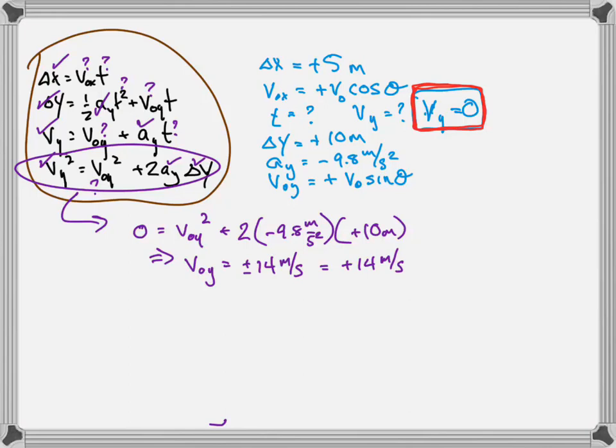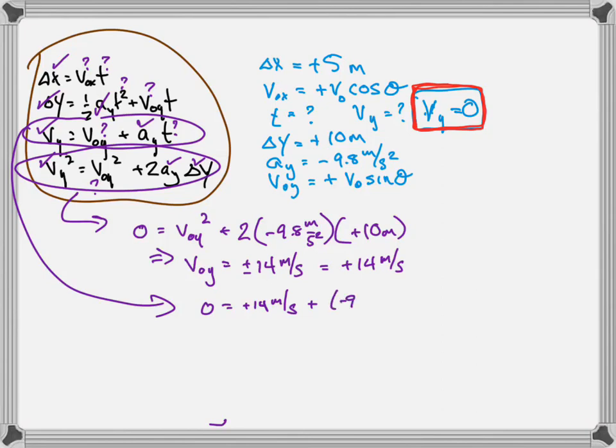So that's the initial velocity in the y direction, and now we need to find the initial velocity in the x direction. In order to do that, we need to know time, so I can plug V0y into either of the other two equations. Let's do this one, that's going to be the easiest. 0 is equal to plus 14 meters per second plus minus 9.8 meters per second squared times t. So therefore, t is equal to 14 meters per second over 9.8 meters per second squared,